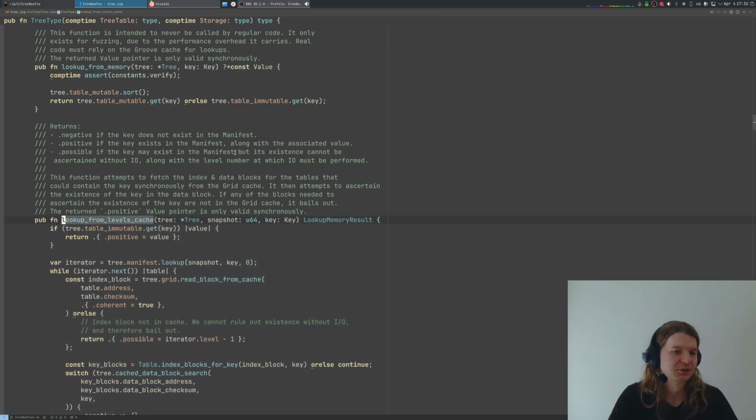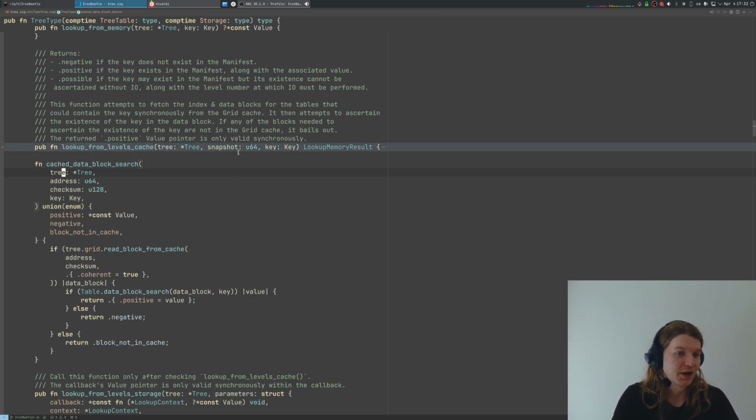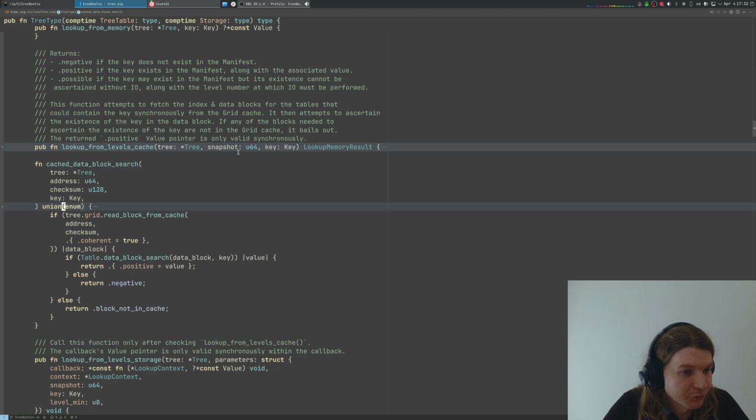And we actually have two lookup functions. We have lookup from